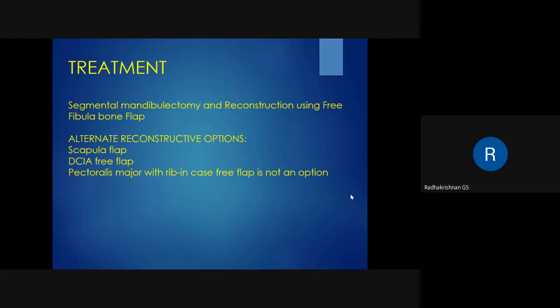We get recurrence sometimes, but once again we do the surgery only. But nowadays they say you can put them on imatinib and things. No, sir, it's too much. It is only an aberration of the enamel epithelium, and if it's periapical, it's the cell rest of Serres. This logic is okay if you're talking about OKC, because OKC has metaplastic potential, has desmoplastic potential, a lot of those things.